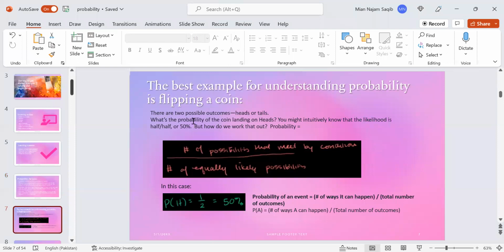The best way of explaining probability is by flipping a coin. As you know, there are two possible outcomes, either heads or tails. And what's the probability of a coin landing on heads? You might intuitively know the likelihood is half-half, which is 50%. But how do we work that out? Probability is the number of possibilities that meet the conditions over the equally likely possibilities. Simply explained, it is the number of ways something can happen over the total number of outcomes. In that case, because getting heads is one out of the two possibilities,